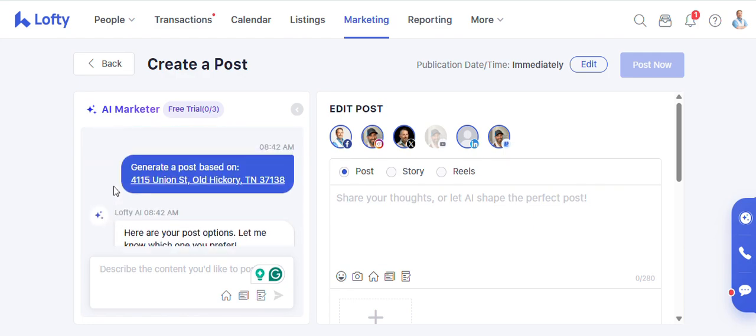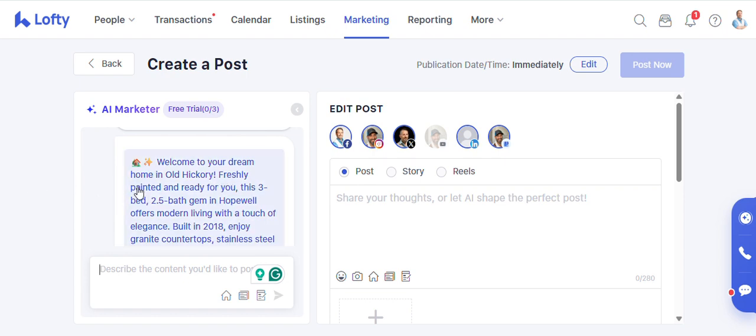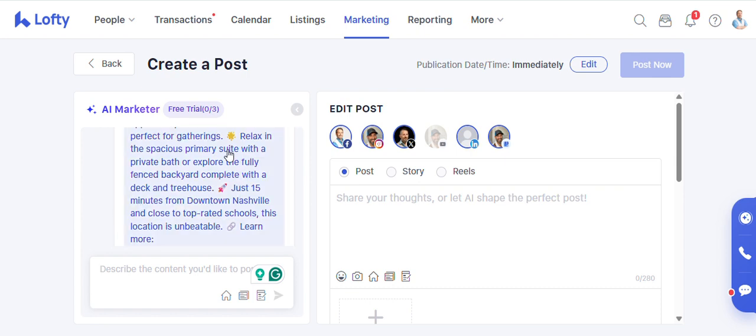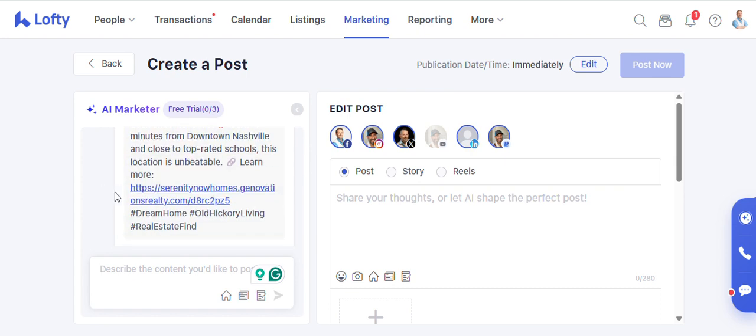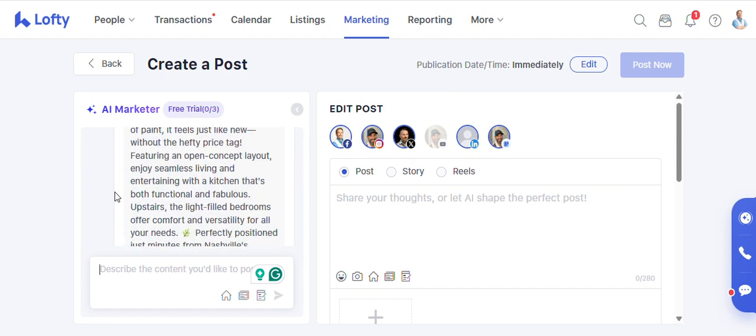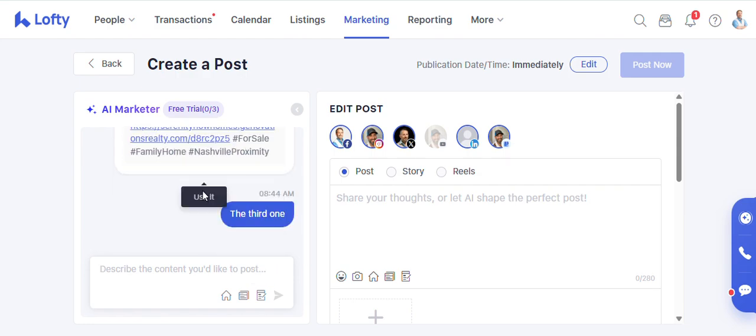So now AI finished. So here's some posts. Welcome to your dream home in Old Hickory, freshly painted and ready for you. This 3-bedroom, 2.5 bath gem in Hopewell offers modern living with a touch of elegance. Built in 2018, enjoy granite countertops, blah, blah, blah. You see, there's some emojis to make it pop out and whatnot. So you get 3 different options. You choose one. All you do is click it,